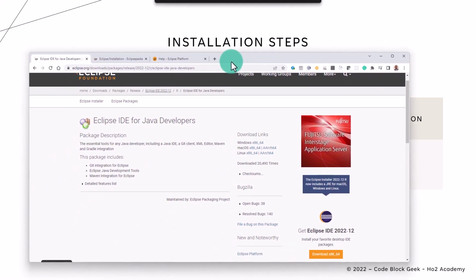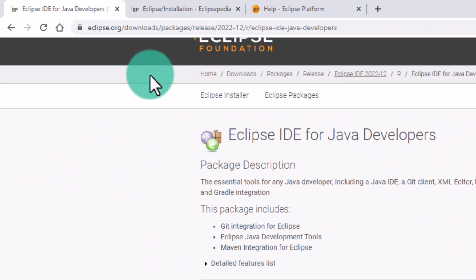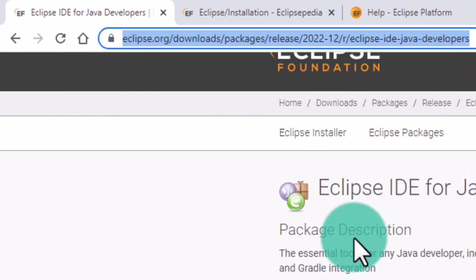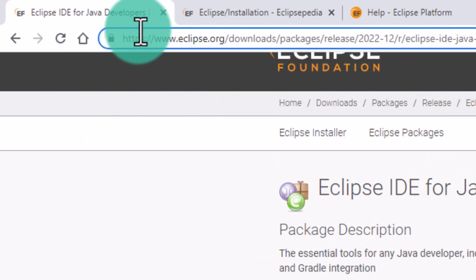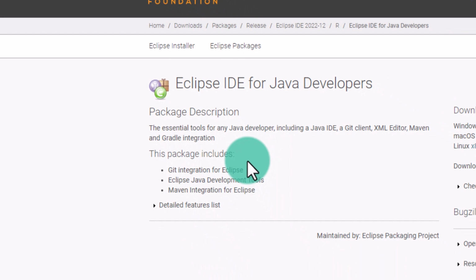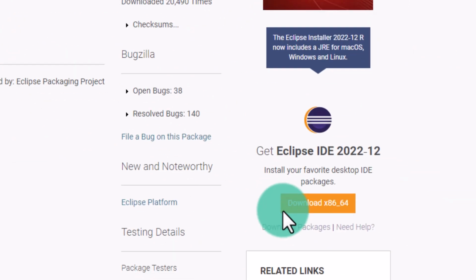All right, first, let's go to the first link. When you pull up the first link right here, this link actually contains the software download for Eclipse. All right, so this website here is for Eclipse IDE 2022-12. For Windows, all you have to do is click on this download